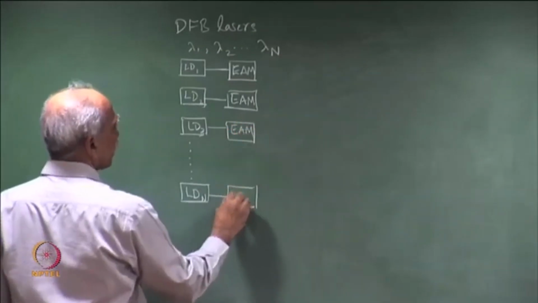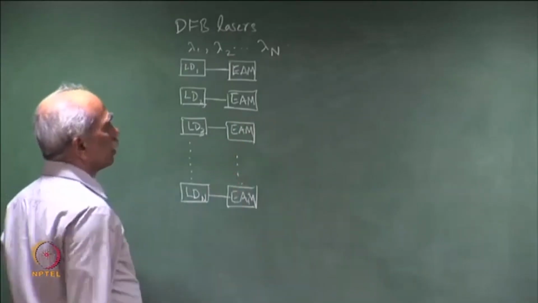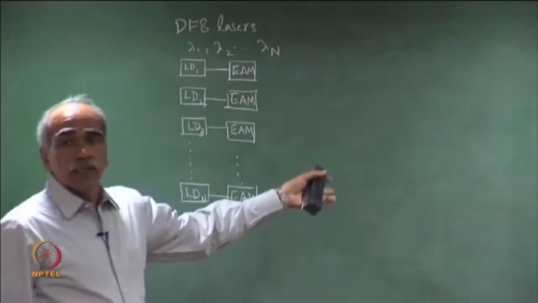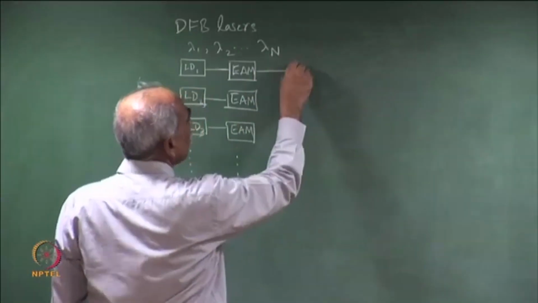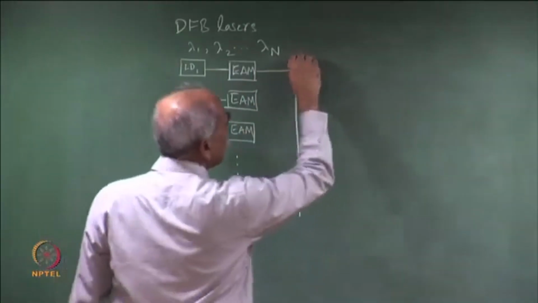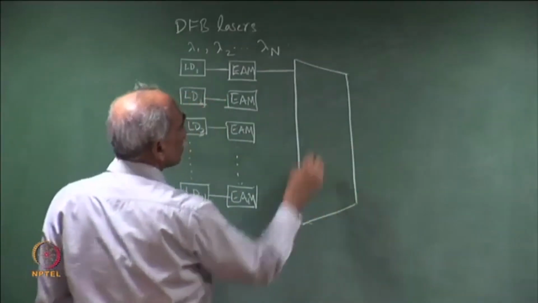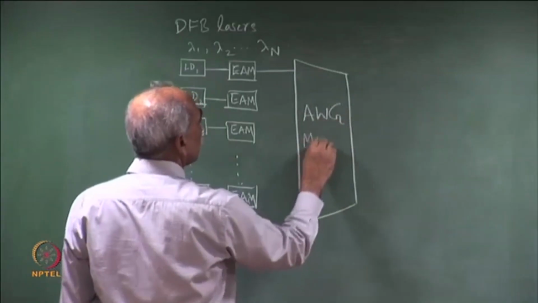So, let me write it EAM. The output of these, there could be more elements, there could be an amplifier right here, or the output of this goes to a mux, an AWG mux. So, this is AWG mux,